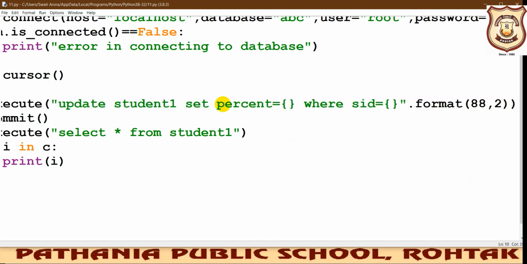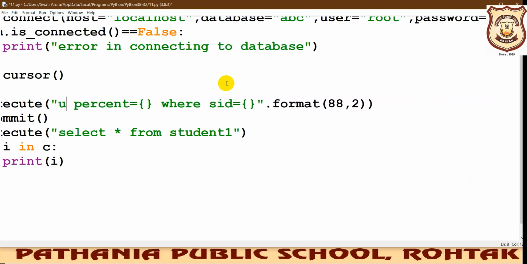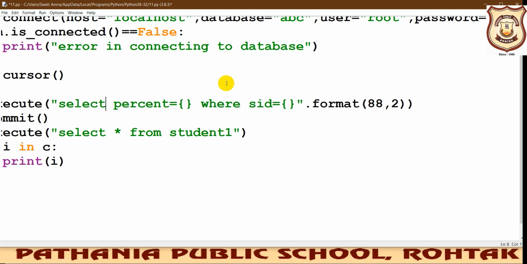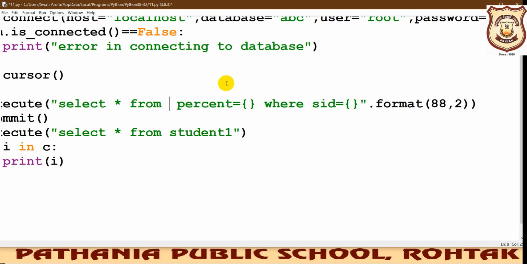I'll do the modification in it only, no need to write it completely again. So I'm writing select star from student1.